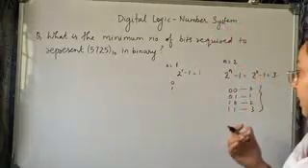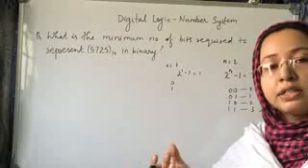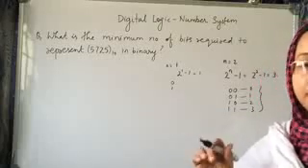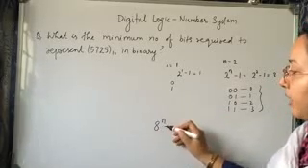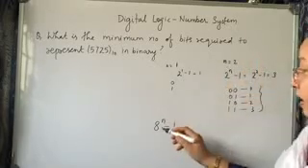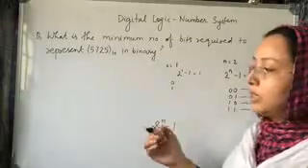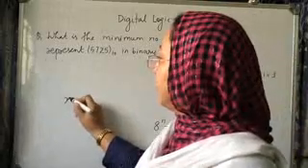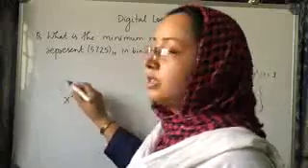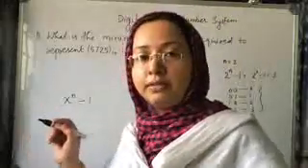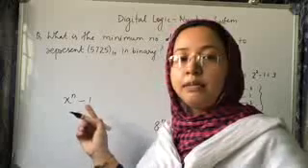In this way you can find, in any base, if you are given any number of bits, the largest number you can represent. Suppose you want to find it in octal: it is 8 to the power of n minus 1, where 8 is the base and n is the number of bits. So in general, if the base is x, the largest value you can represent in n bits is x to the power of n minus 1.